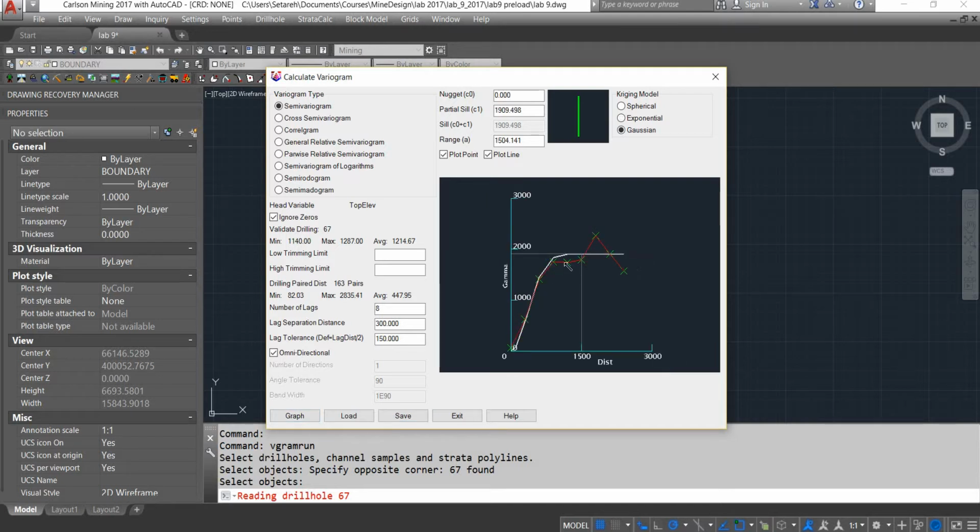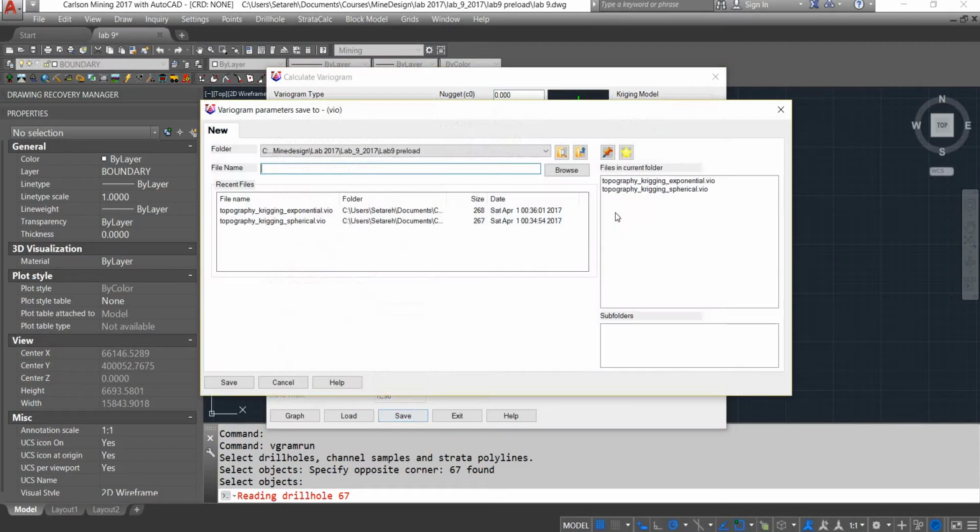Next, I use Gaussian. This one is good. Now I save it as